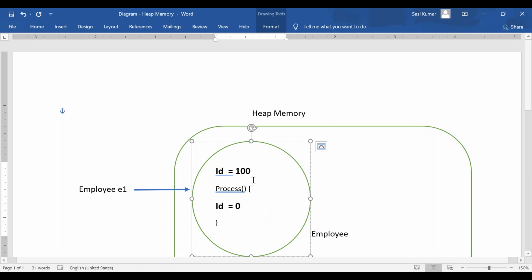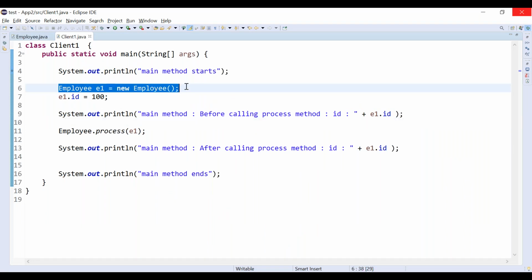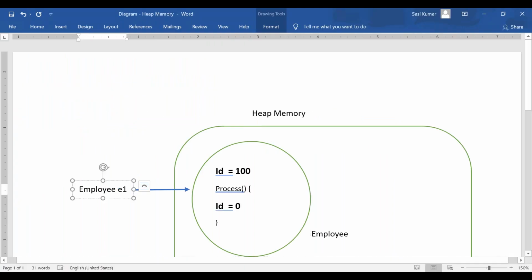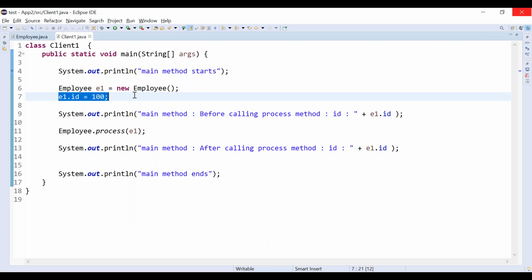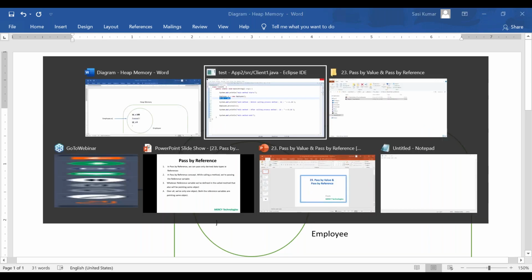Here, e1 is pointing to the object. One object is created, and e1 of type Employee is pointing to it, correct? Now we have assigned e1 dot id equal to 100, correct? After that, we called the process method.